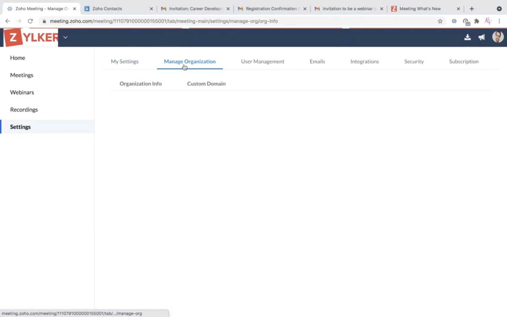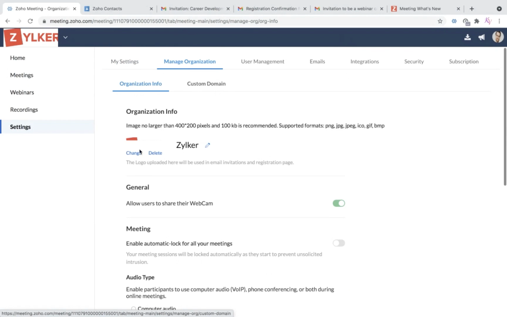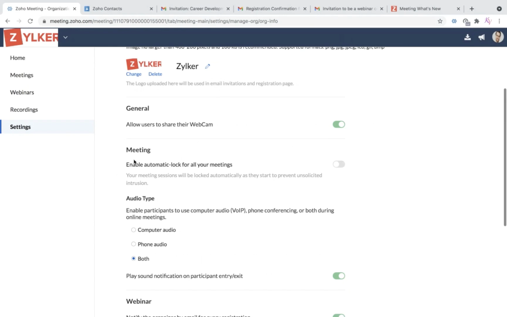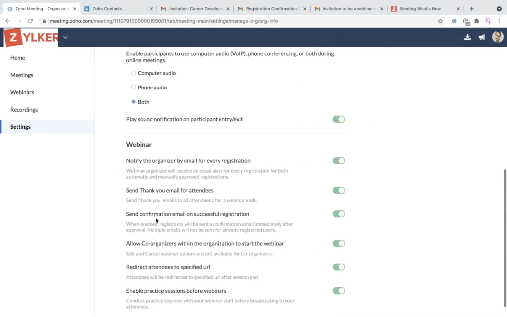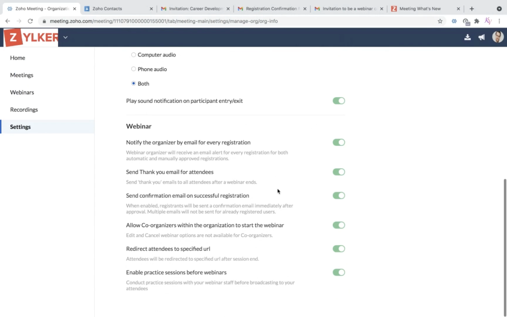Under Manage Organization, you can promote your brand by adding your company name and the logo to the email headers of invitations and reminders. Similarly, you can upload the company logo on the registration forms to represent your own branding. Next to co-branding, with the meeting and webinar settings, you can either allow or restrict the video meetings for your organization. Moreover, you can also see the list of other webinar related settings provided, for which you can set the email updates for every registration you get. Depending upon your choice, you can enable or disable it.